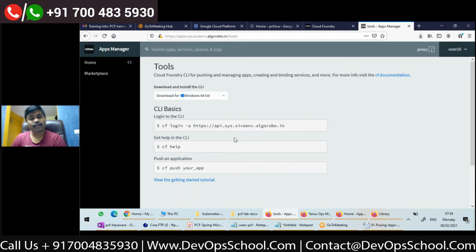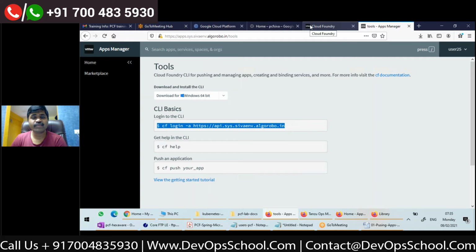Then to log in to my Cloud Foundry, as I told you, this is api.sys.sivaenv.algorobo.in. This is the URL of my cloud controller. I want to log in and I want to access this. This is the main API actually. So cf login -a, and this is the URL to log in, right?